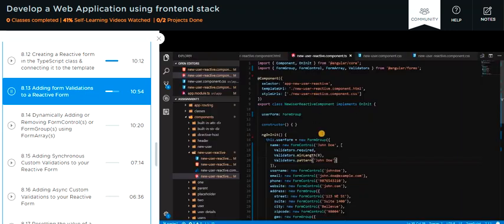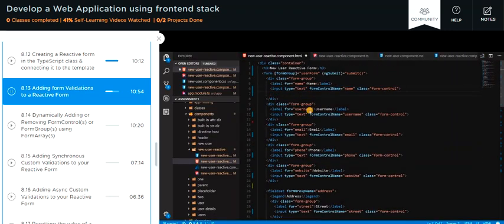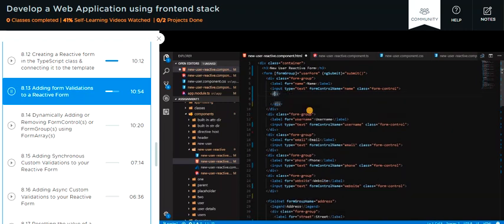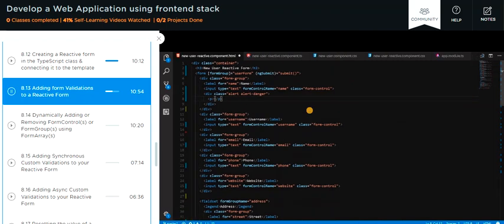Now what if we wanted to show validation errors? Well, in that case we can use a div, and we can apply a class of alert and alert-danger, and in here we will specify the text that we want to get displayed for each validation error. This div first of all should be visible only if